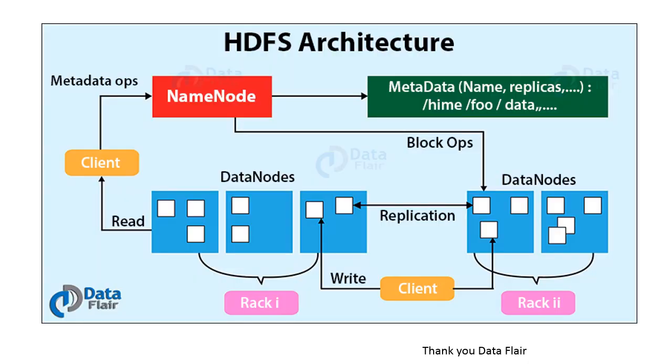And this is the architecture of HDFS. Here we have one single name node and many data nodes. In this diagram we have 5 different data nodes: data node 1, 2, 3, 4 and 5. The first 3 data nodes are in rack 1 and the remaining data nodes are in rack 2. Here we have many blocks, block 1, block 2, and so on, and these blocks are otherwise called input splits.